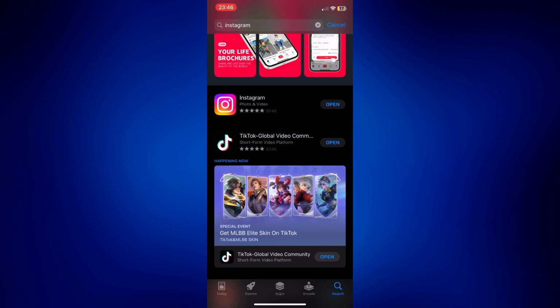If that still didn't fix the problem, another option you can try is to delete the app, go back to the App Store and re-download it. Of course, you have to log back into the account, and if that also fails, you can try to switch